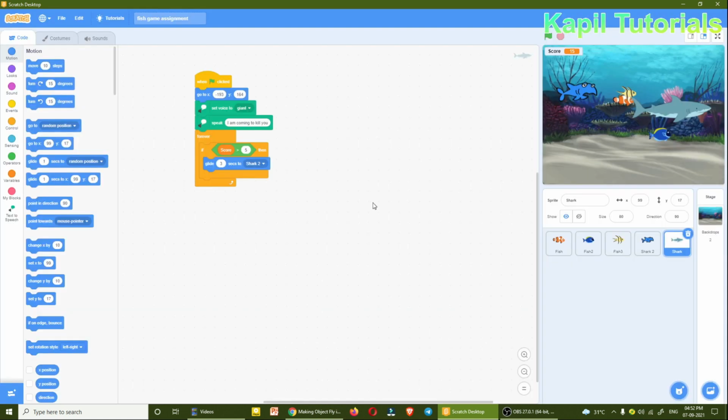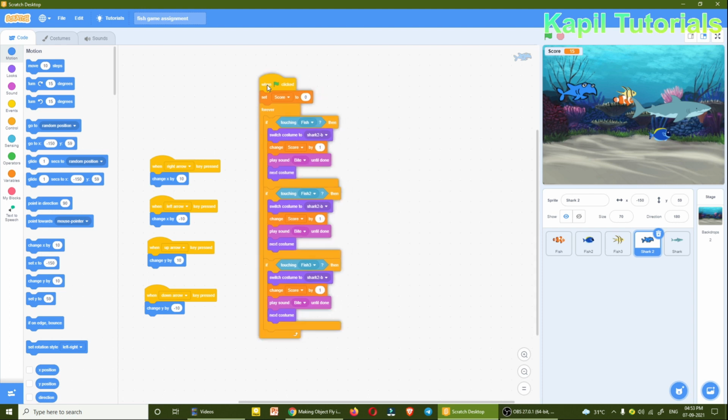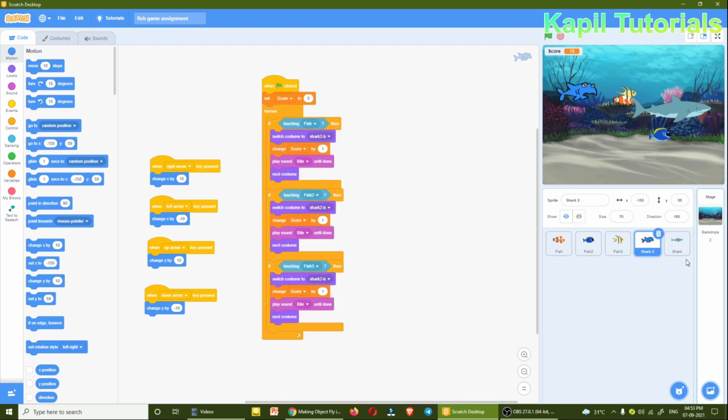We'll go back. Now I also want that when the bigger shark touches my shark, it should be hidden from here. That means it has eaten the shark, so that it should appear like the bigger shark has eaten my shark, and the game should finish there only. So just for that I have to use the coding. So for the coding now I am going to shark 2. Here only I have to include the coding, and for the coding I'll again use the event,